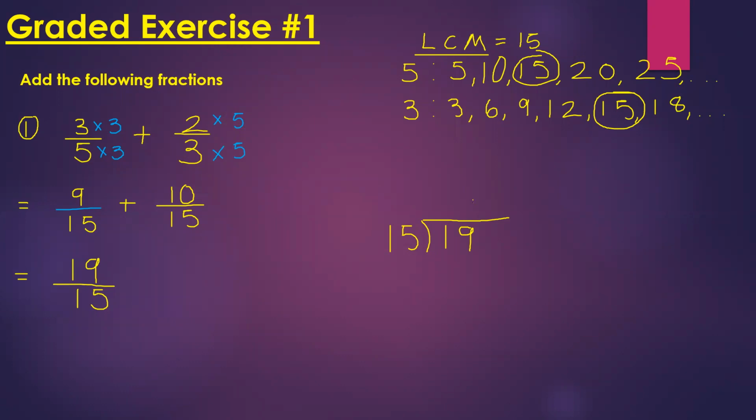It goes into 19 one time. What is 15 times 1? 15. Next, what do we do? Subtract. 9 minus 5 is? 4. And 1 minus 1 is 0. All right, so the answer is going to be,